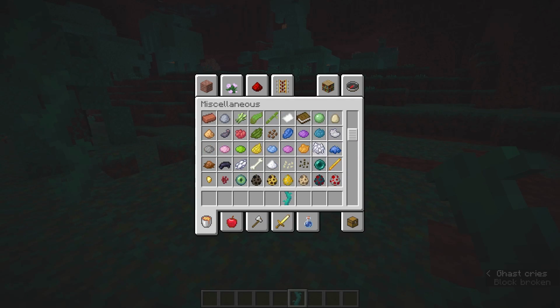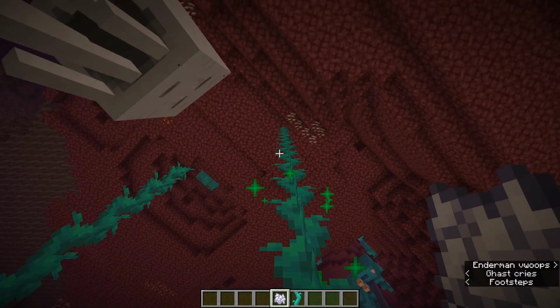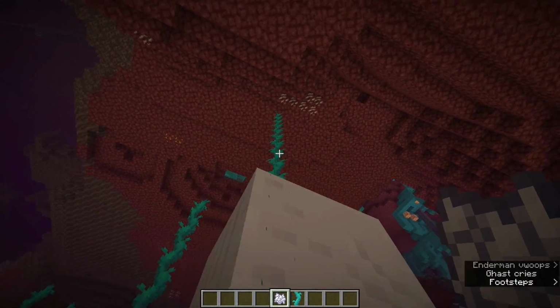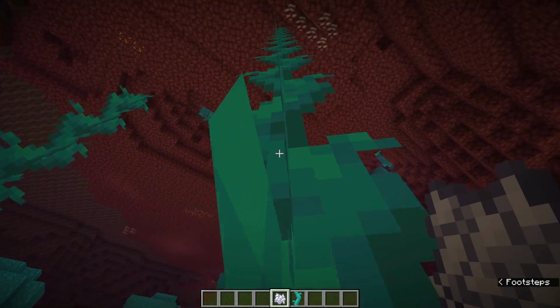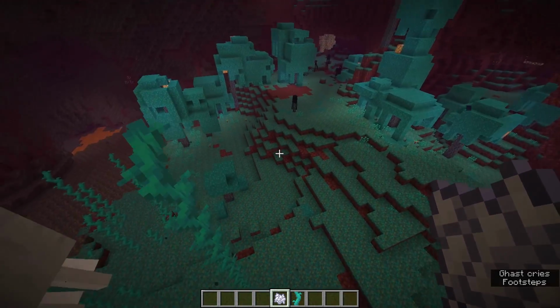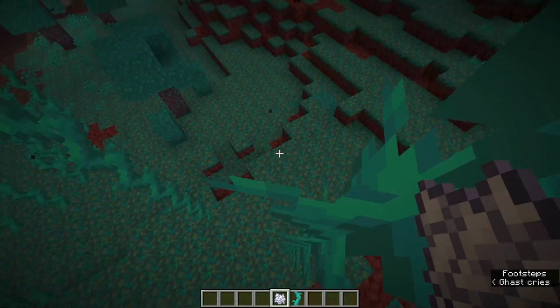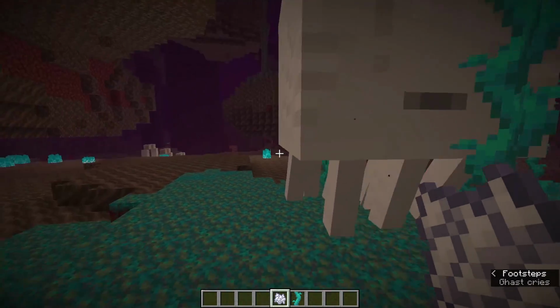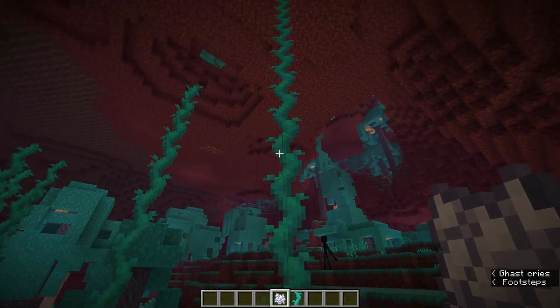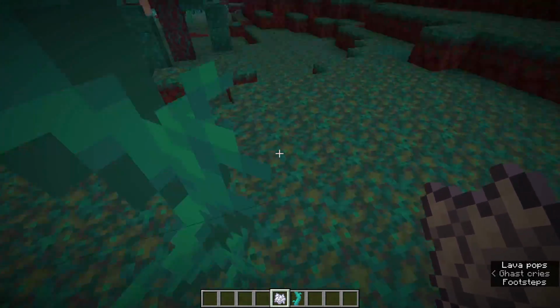Let me grab some bone meal here and show you that it actually grows in multiple stages like that, meaning that you can establish a quick route up to the ceiling very quickly, and like the weeping vines, they can be climbed. This is not me flying. If I was flying, I'd be moving a little bit faster. You can actually catch yourself on these and come back down from them like you could with vines on jungle trees in the overworld. They are actually kind of like a climbable rope now,